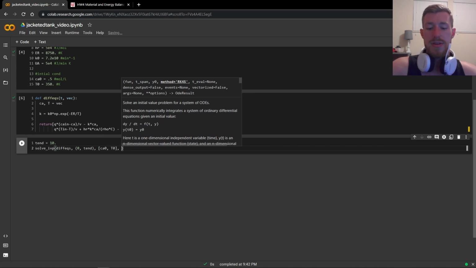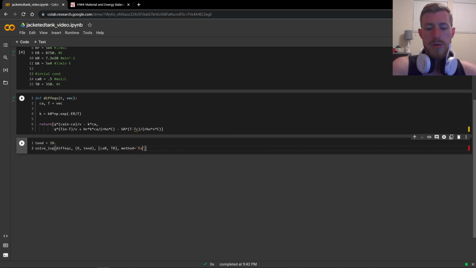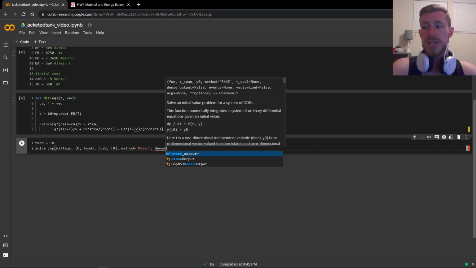Yep. So our method is going to be equal to the Radau method, R-A-D-A-U, which is just the preferred method. It's technically slower algebraically or mathematically, but we know that it gives us the best output. And when we're doing it on Google's computer, on Google's time, and on Google's gigabits and teraflops, it's not our problem if it's more computationally intensive, because Google will get it done either way. And the final thing we're going to do is enable dense output, which is instead of